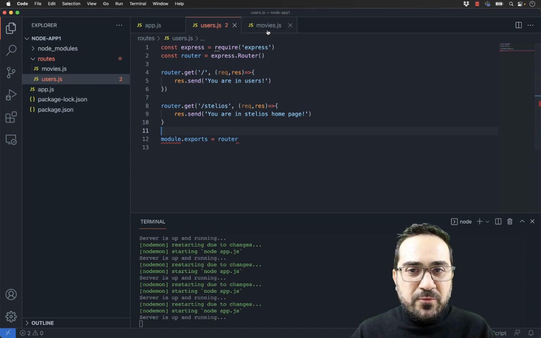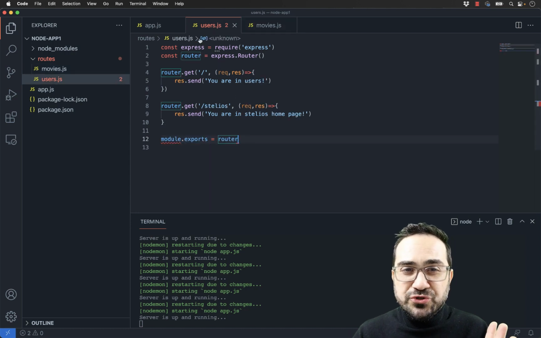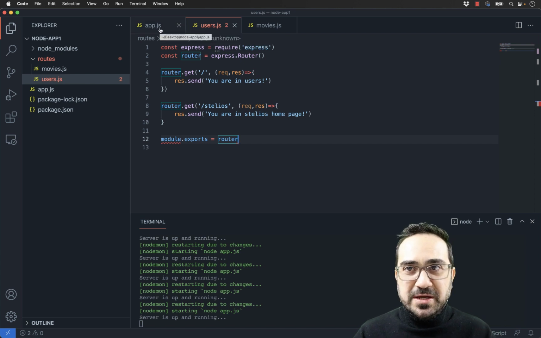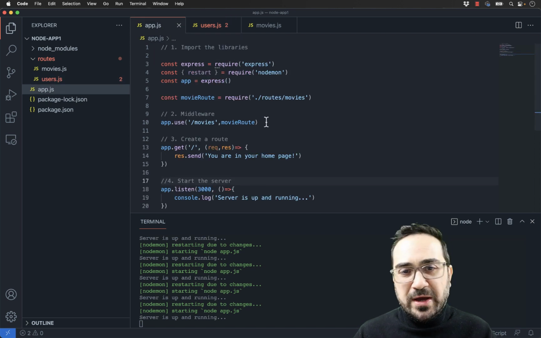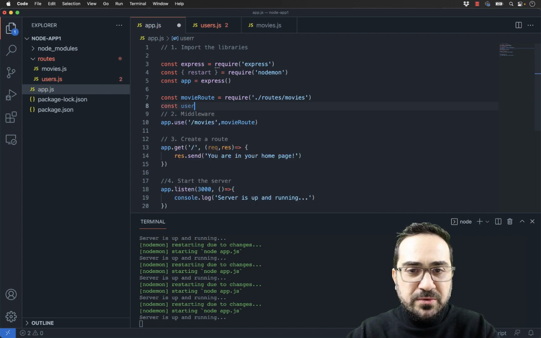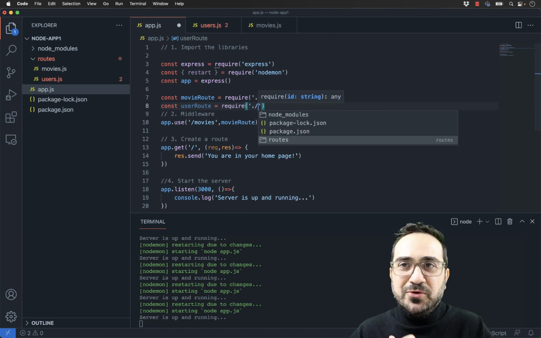So I created my movies. I created my users. I didn't finish yet. Why? Because I created the users, but I didn't link it yet with the app.js. I have to do it now. So what I will do is create another constant here. I will call it userRoute. And this userRoute requires us to redirect ourselves, as we are in Linux. This is why sometimes it's good to know Linux.